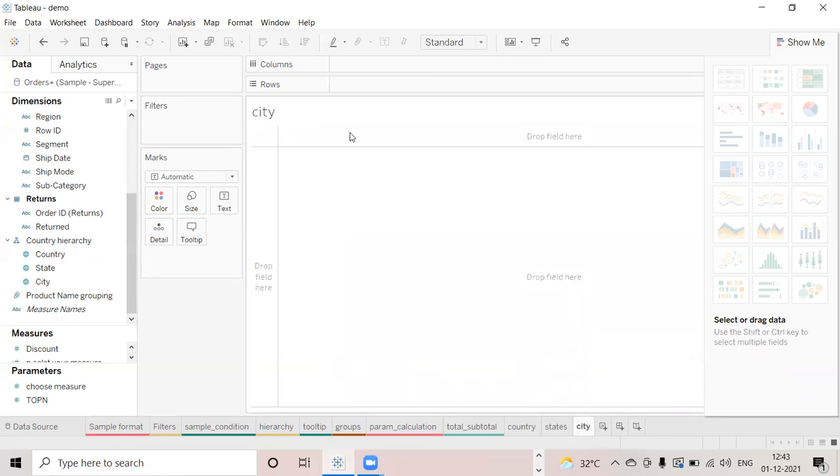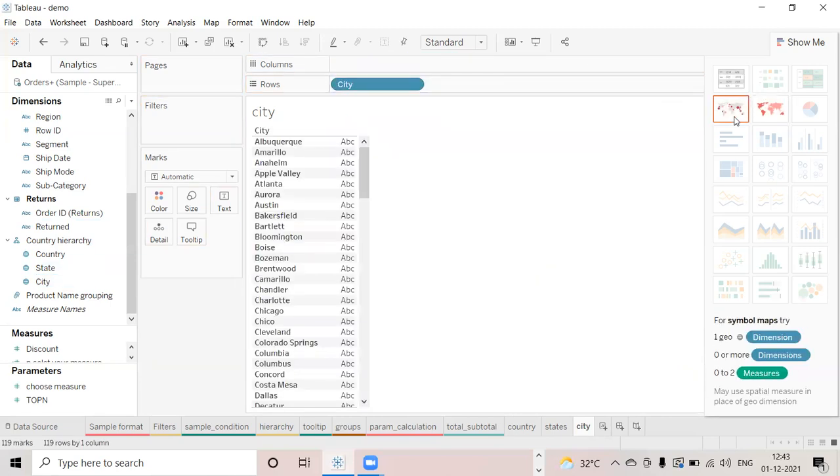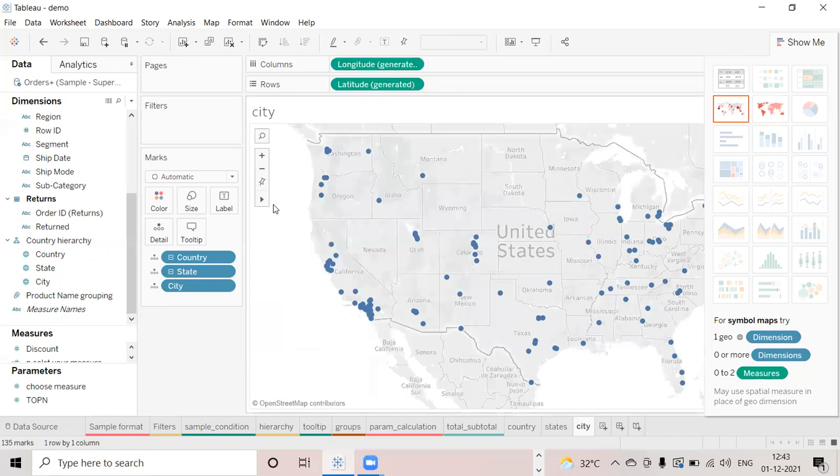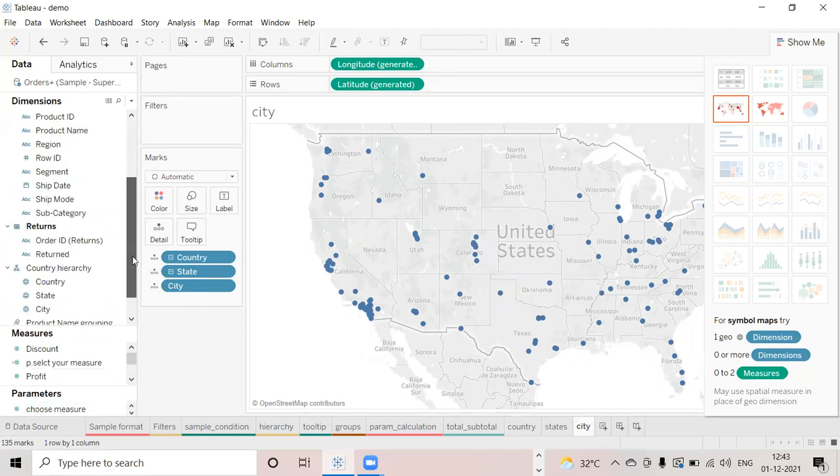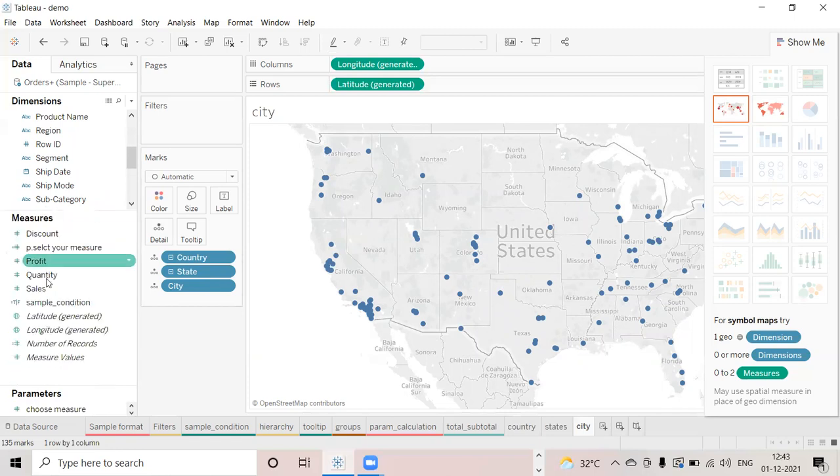Again I am creating a similar thing in the case of city. I'm dragging city here and changing it into a map. I am giving one more measure here, that is sales.